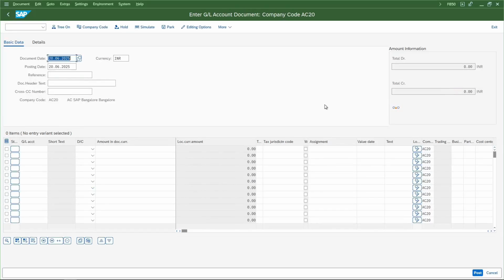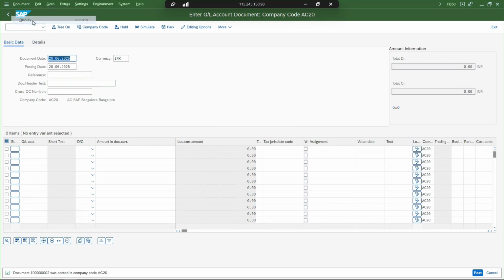So I'm in the transaction code FB50 and we'll try to post a simple document and see the basic scenario of document splitting first. So I'll post from an expense account to a balance sheet account. I'm debiting my expenses of 1000 and assigning a cost center, and I'm covering that from an asset account, which is my cash account. Obviously on the balance sheet account, I'm not going to assign any cost object. So if I save it,